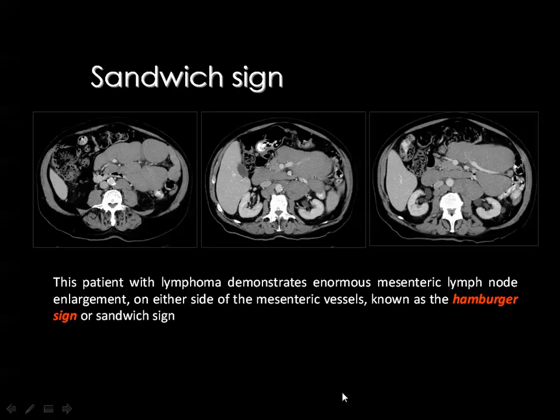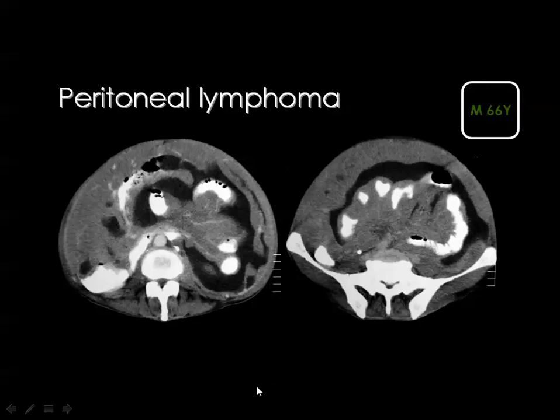The sandwich sign refers to the enlargement of the mesenteric lymph nodes surrounding the root of the mesentery. Here you can see two layers of bulky amalgamated lymph nodes encasing the mesenteric vessels, forming what's known as the sandwich sign. Then the diffuse type of peritoneal lymphoma may appear like this, and you've got